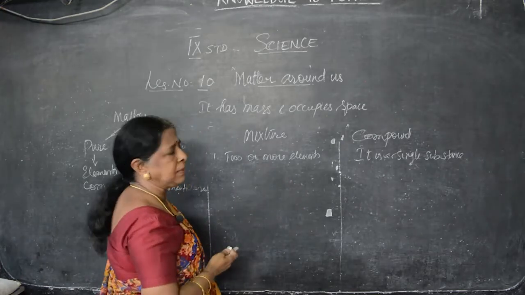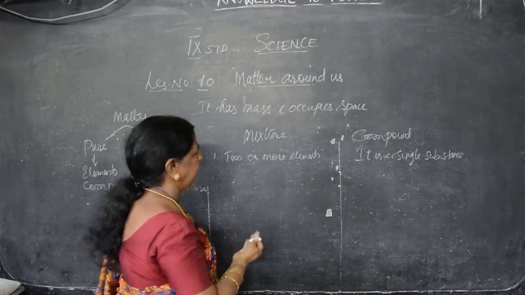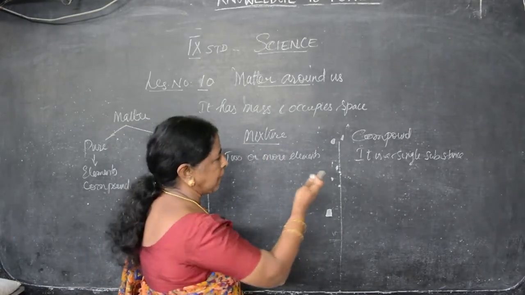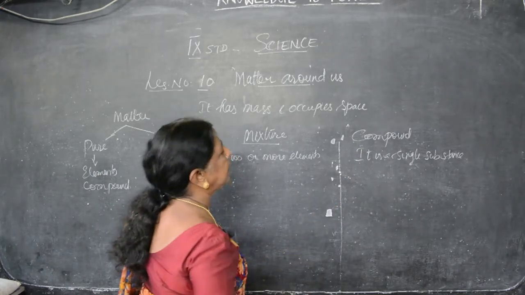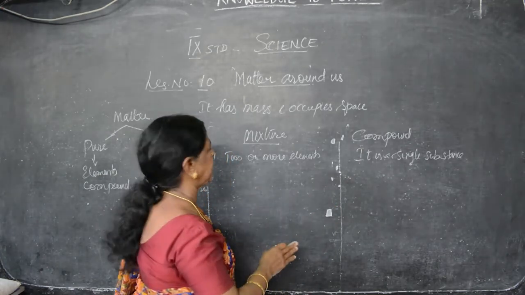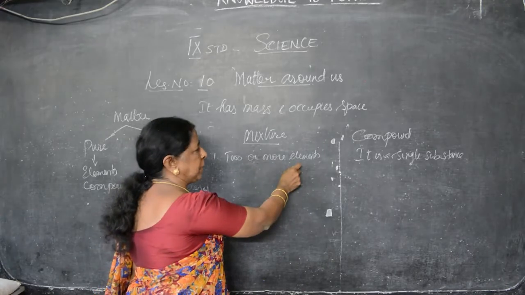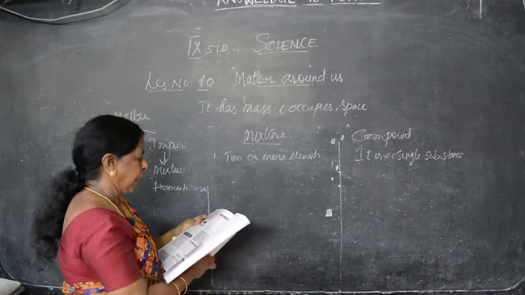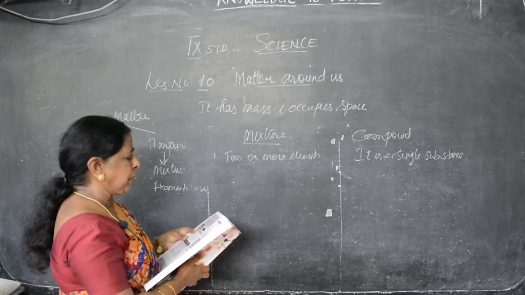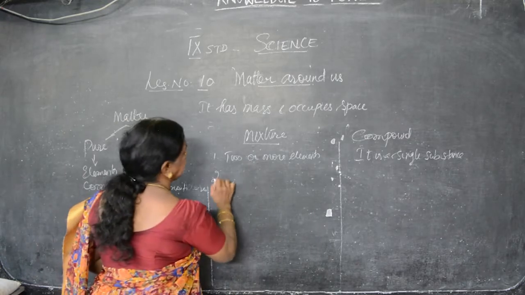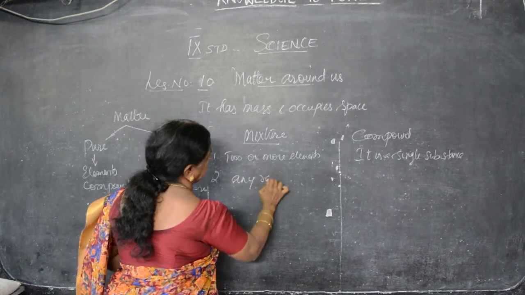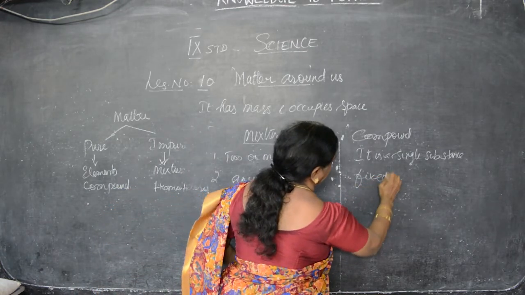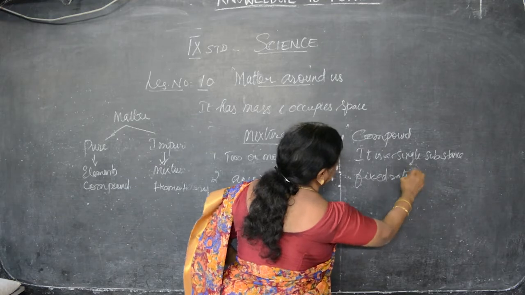How many elements are present in that? For example, I said already, air is a mixture of many elements, so all the things can be separated. But here, sodium chloride, for example common salt, we cannot separate it because it's in a fixed ratio. So this is two or more elements that can be separated. It is a single substance. The constituents may be present in any proportion. Proportion means any ratio. This one is in a fixed ratio. They cannot change the ratios.